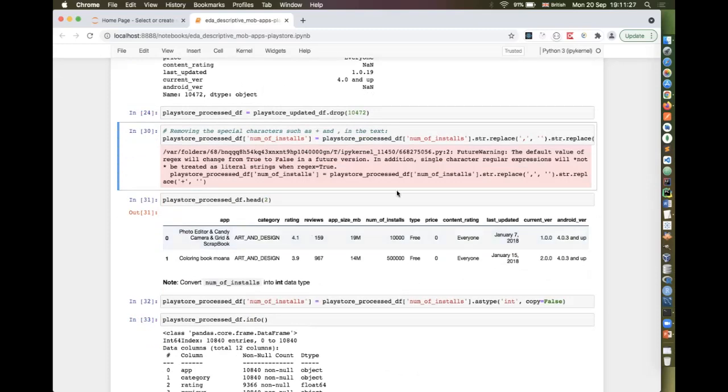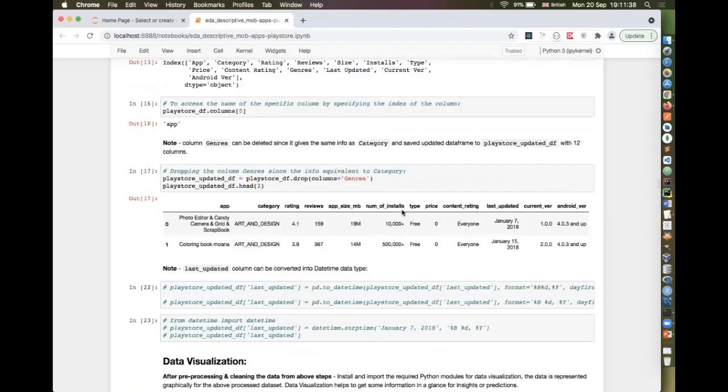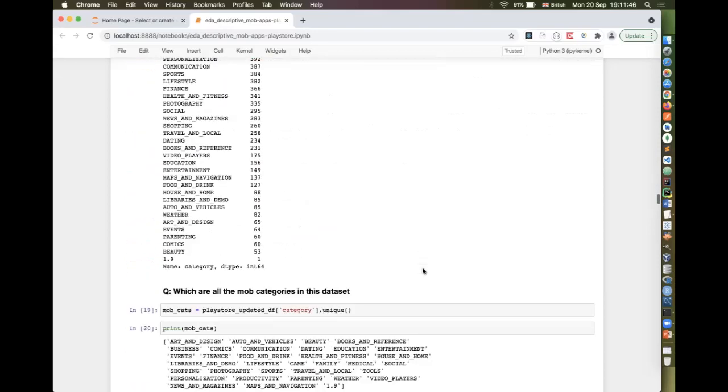So next, here I'm going to do some cleaning for the number of installs field by removing the comma and plus, because it has to be a numerical column to perform certain operations.